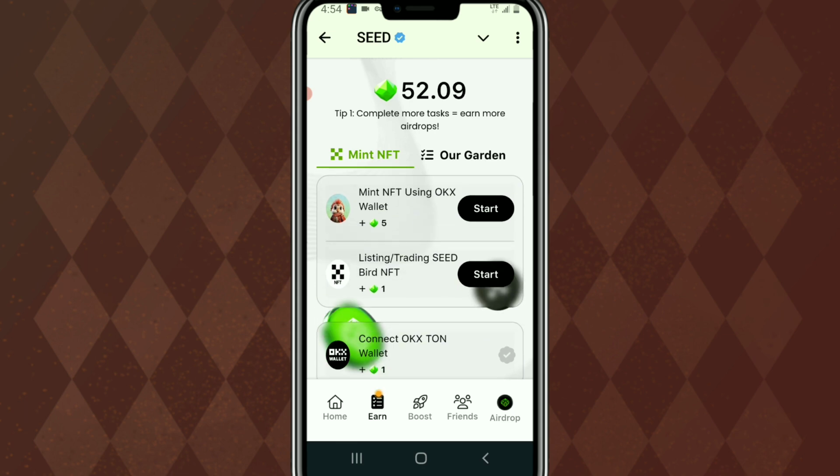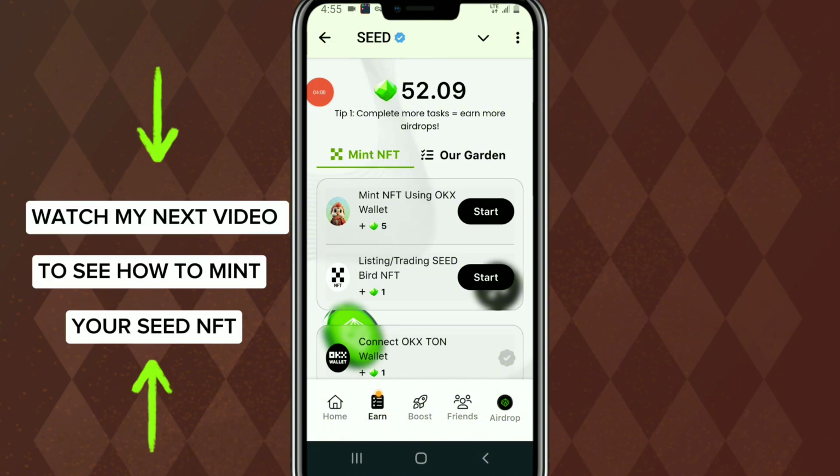And if you want to mint your NFT here, the next thing is to mint NFT using OKX wallet. So if you want to mint your NFT here,